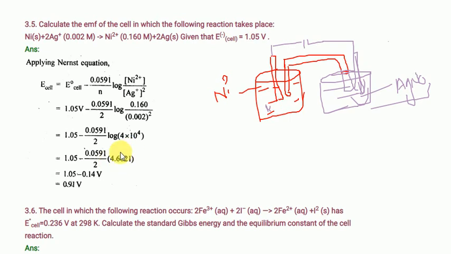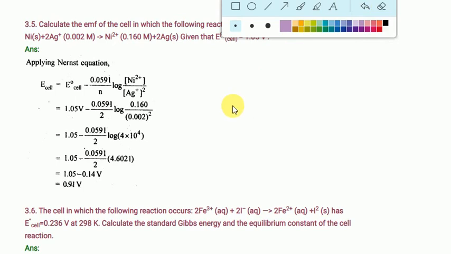This value is coming here. You know very well it's log A plus log B. Clear, log A plus log B. If you solve this, you will get 4 log 10, then we multiply and will get the answer. So this is 1.05 minus 0.059 by 1. You will get this value. How many volts is coming? 0.91 volts. If you take 1 molar concentration, how many volts are coming? This much volt. If we decrease the concentration, how many volts are coming? This much. This is nothing but the Nernst equation. Clear now? This is called the Nernst equation.